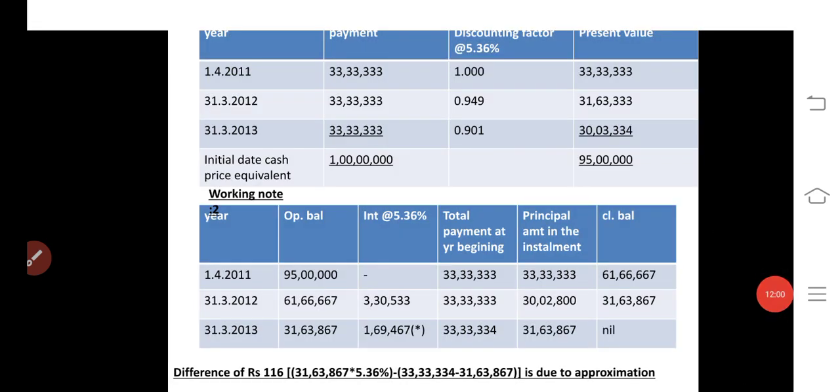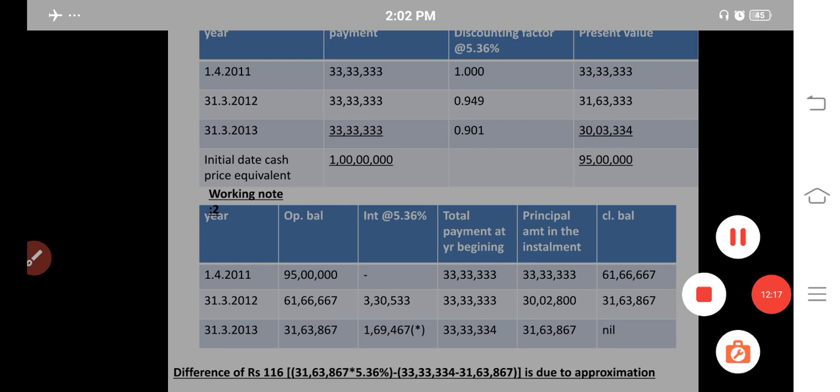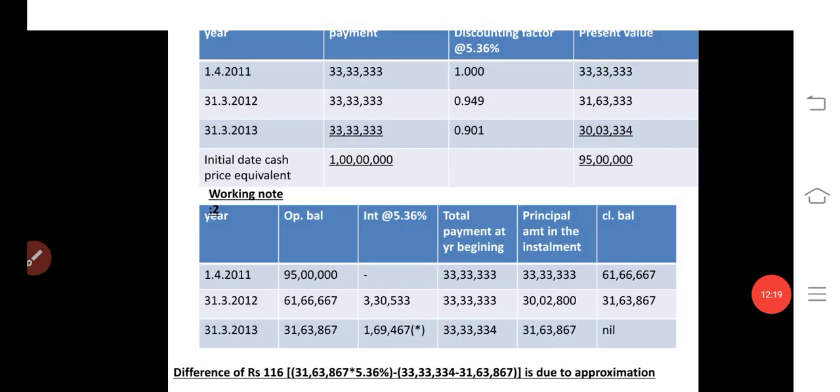Now calculate the interest for 61,66,667 at 5.36%. 61,66,667 into 5.36%, so you will get